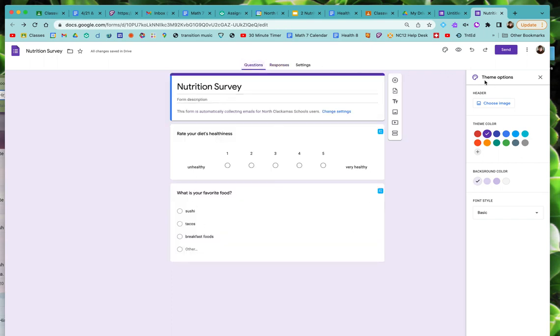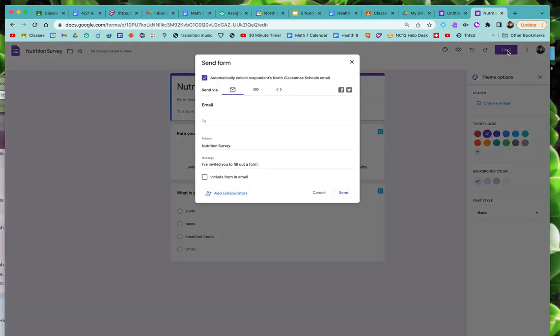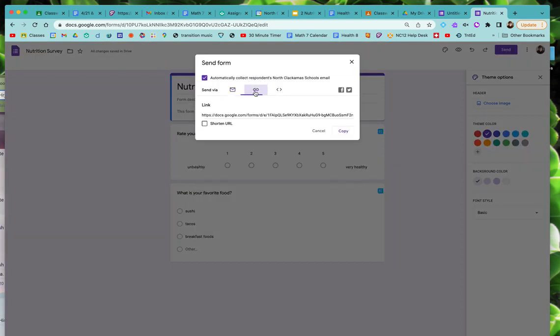So once you're done with your survey and ready to share it, just hit this send button. And then it's best to, basic one is just to get a link and then to copy that link. Now you have that link on your clipboard ready to Control V or Command V, whatever kind of device you're using, to paste the link somewhere else so people can then click on that link